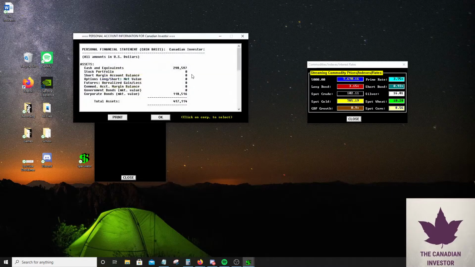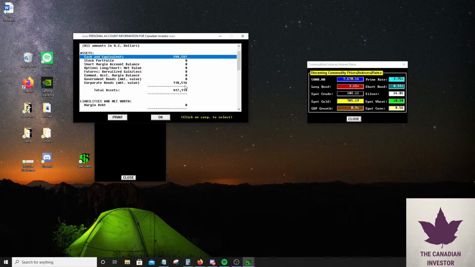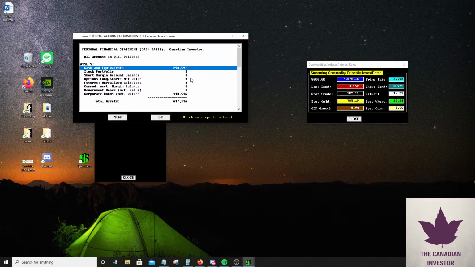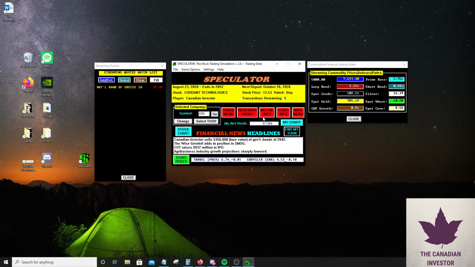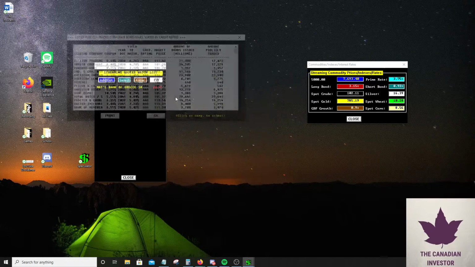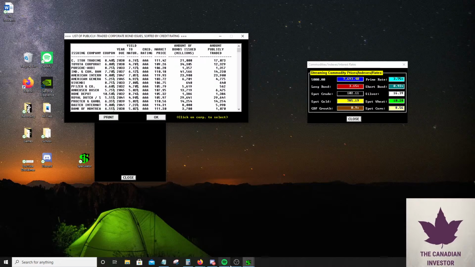I find it interesting in this game because you can play around with debt. So in that case, I think I was at 130,000, so I think I made quite a lot of money in that case. So in this case, we have a ton of cash just to play with. So I think this is when the bond ladder strategy really starts to get fun.